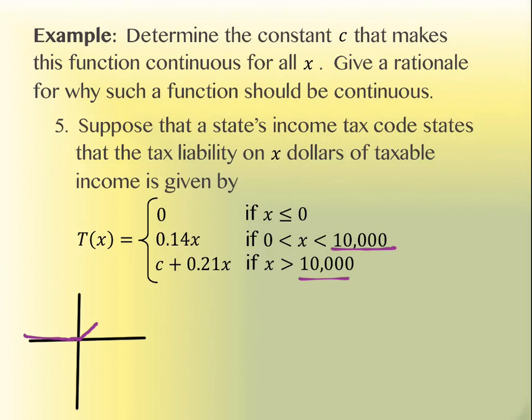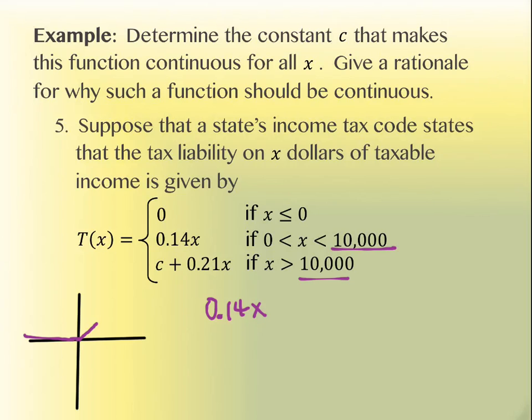So far, so good? So what we want is for the case to be that if we come at this value of 10,000 from the left, which would be something slightly smaller, and from the right, which is something slightly larger, we hit the same value. We want their values to be the same. So what we're going to do is write that down. We want